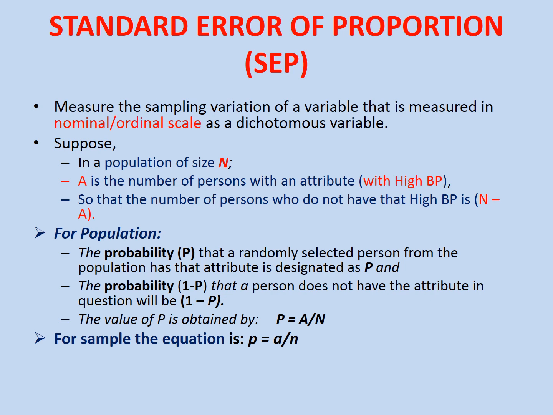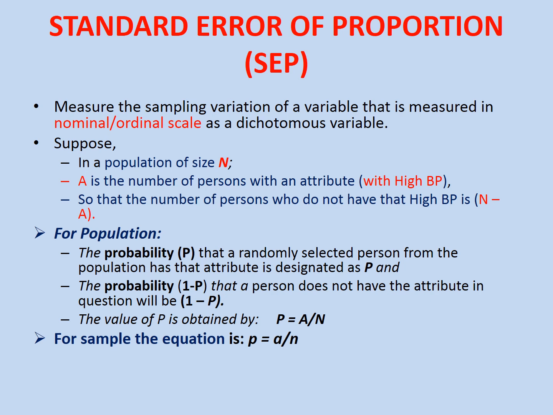Now, last time in standard error of mean we saw the population M and the sample m. In the same way, for a qualitative variable you cannot calculate the mean. Simple, I have already explained that to you. What you can calculate for the population for nominal scale, ordinal scale or qualitative data is a proportion. So here the probability P for the population, again please pay attention, the population probability is denoted by the capital P, while the sample probability is denoted by the small p.